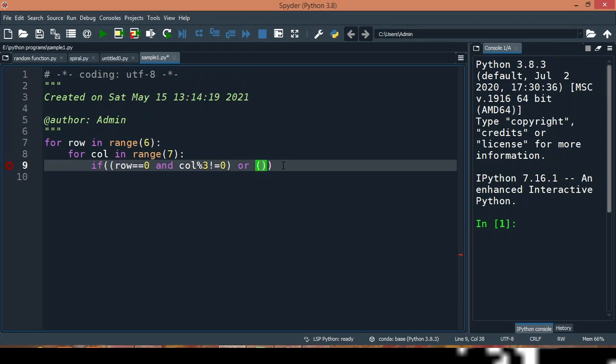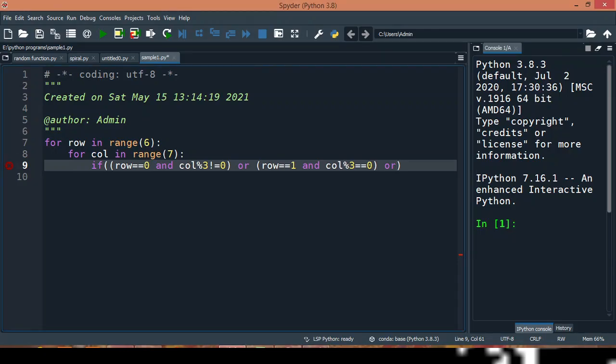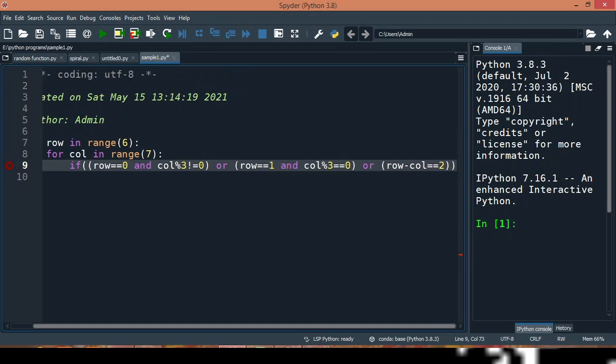So I am going to write row is equal to 1 and at the same time column modulus 3 is equal to 0, then print the symbol. Now coming to our third condition, OR. So we are going to write row minus column is equal to 2, then print the symbol.